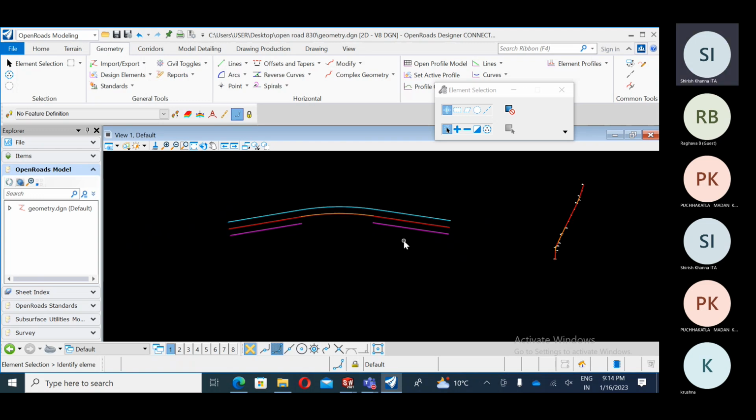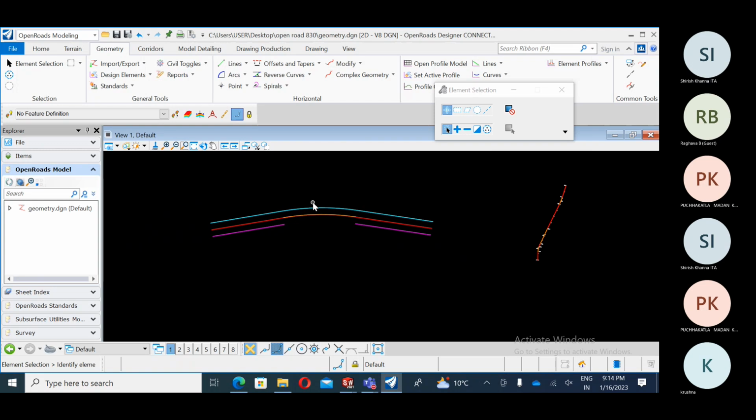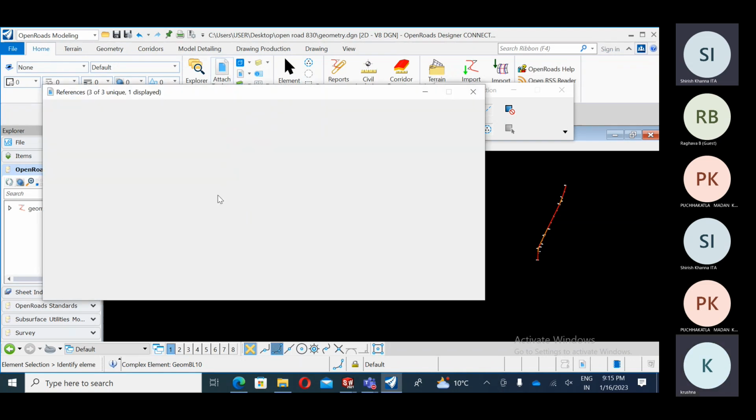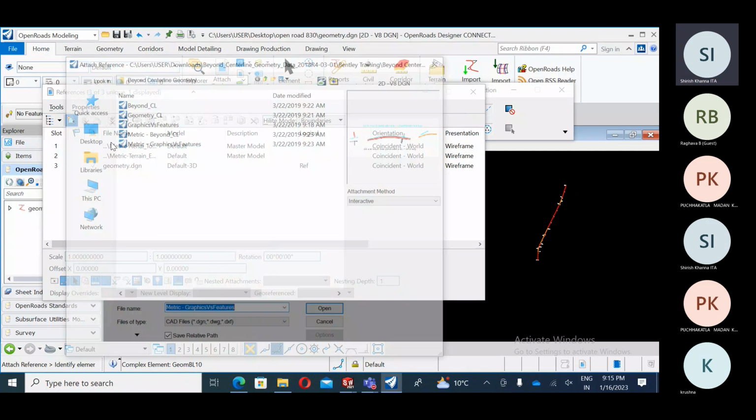Now suppose we are going to create one T-junction. How are we going to create it? So I'm going to delete this one, or suppose we have that file. Okay, I'll show you this first. Delete this one. Now, suppose I have that file, so I'm going to attach one more file here. That file name is